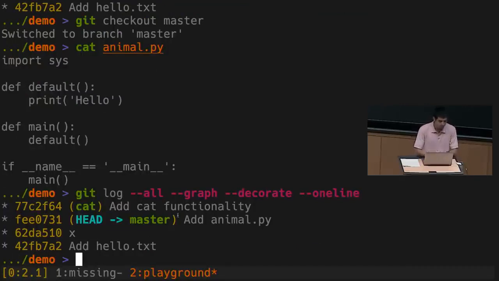So now that we have the cat functionality, suppose that we want to work on adding dog functionality in parallel. And suppose that in this case, the cat functionality is under development or maybe somebody else is working on it. So we just want to start from the base master commit and build the dog functionality starting from there. So now what do I want to do? I want to create a new branch dog for adding the dog related functionality,